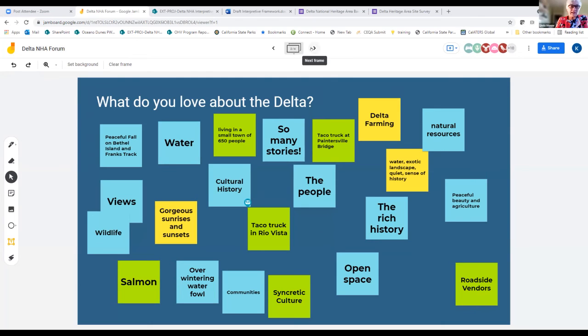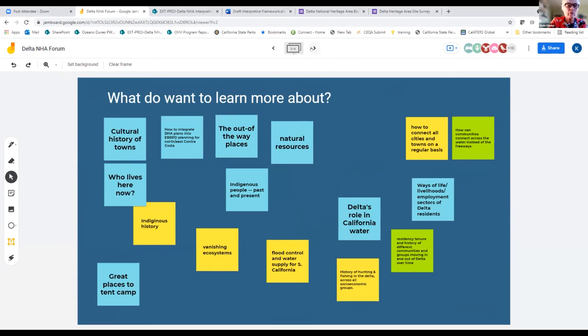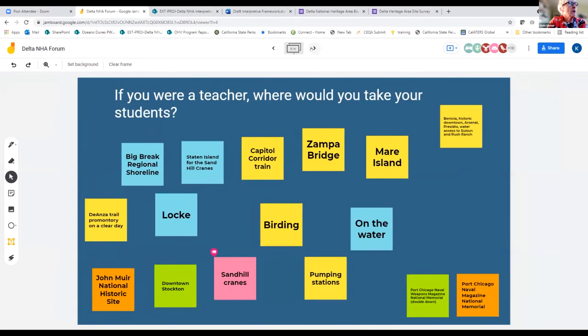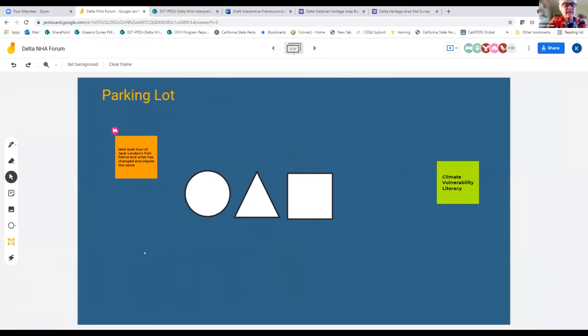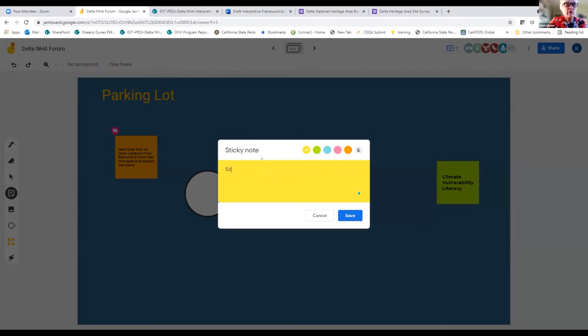Oh, sorry. During the break, I was thinking about our discussion in the breakout groups, like what are the resources, or what are the sites on the Delta Trail, the Great Delta Trail, that people knew about. We also talked a little bit about what's the Delta Trail and what's the heritage area and what's the relationship between them. And I think I answered my own question in a way, which is that